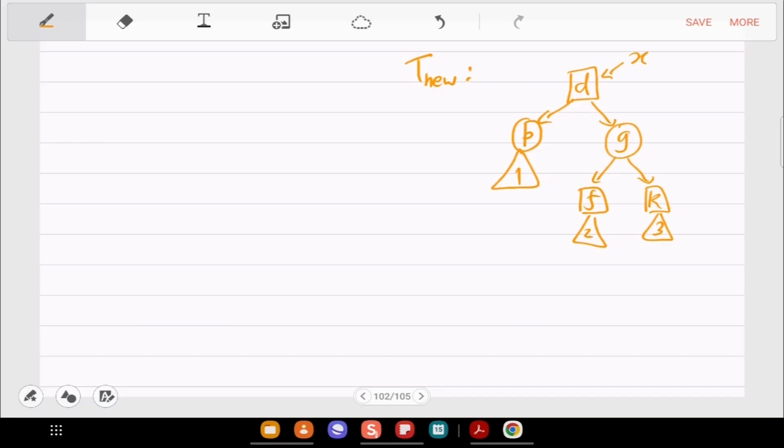Okay, so let's compare these two. Yeah, so D is black, G is red, F and K are black with their subtrees 2 and 3 respectively, and P is red with its 1.